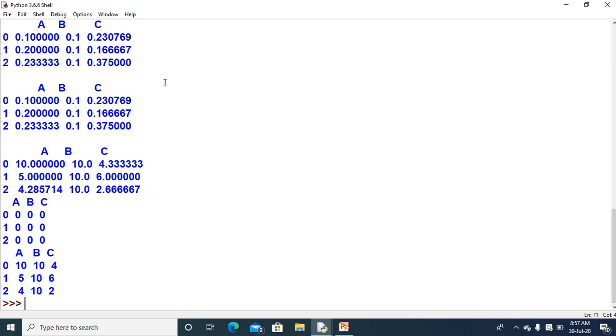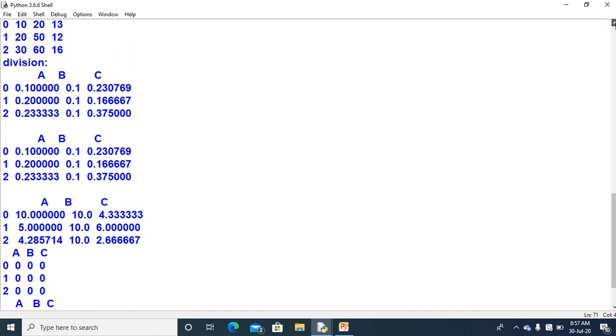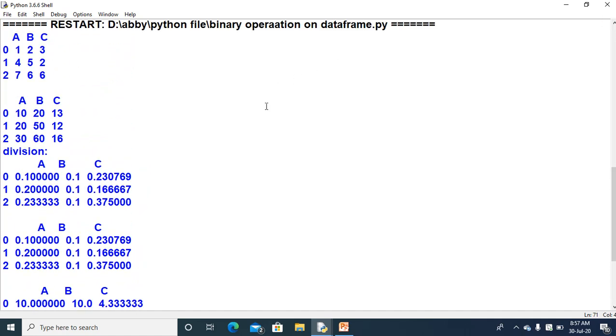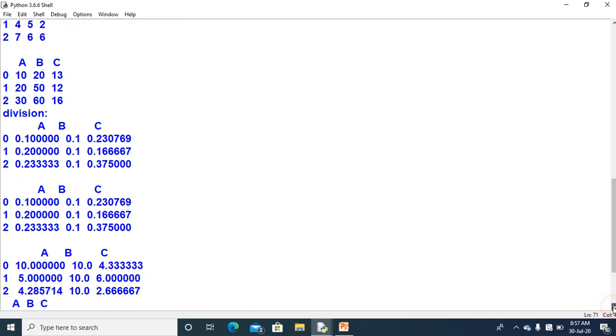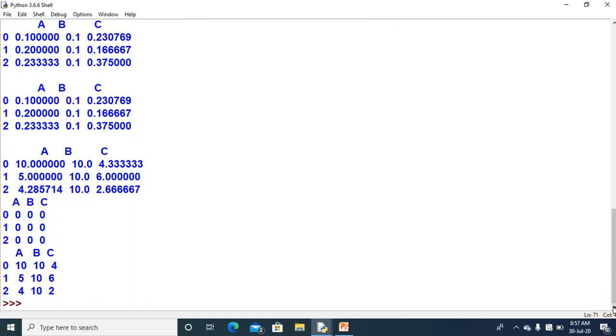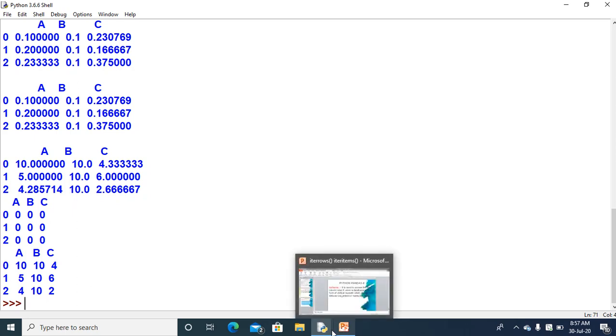So here when you divide 1 by 10, you get 0.1 but only the integer value 0 has been taken over here. The second one is 0.2, so 0 is coming, 0.1, 0. This is the floor division. This output is for the floor division.